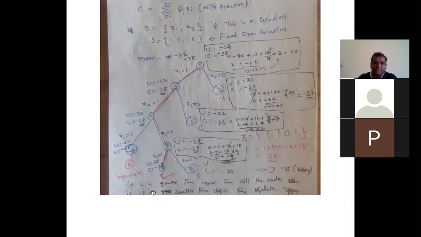So there is no other object. What is the solution? The first object is considered, the second object is considered, the third object is not considered, and the fourth object is considered. The optimal profit is 38. Then convert the negative into positive. So the optimal profit is 38. So this method is using the minimization technique, finding the optimal solution in the least cost branch and bound method.